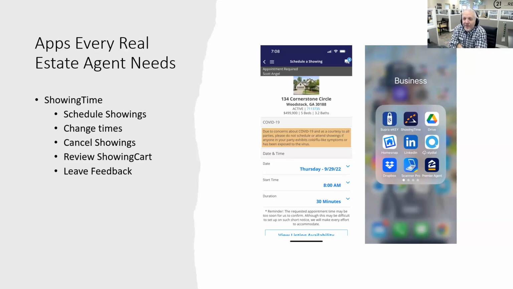One of the things that I also like to do, and this is a little known feature within ShowingTime, when you're done with the showing, you can hit the little button on the ShowingTime app that will send a notice back to the homeowner that you are finished with your showing so that they can be notified to come home. They've probably left the house to allow you to walk through.